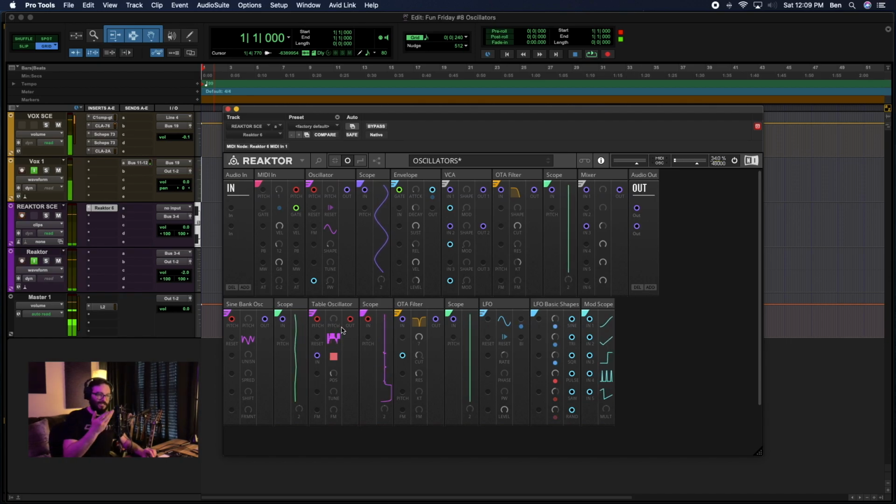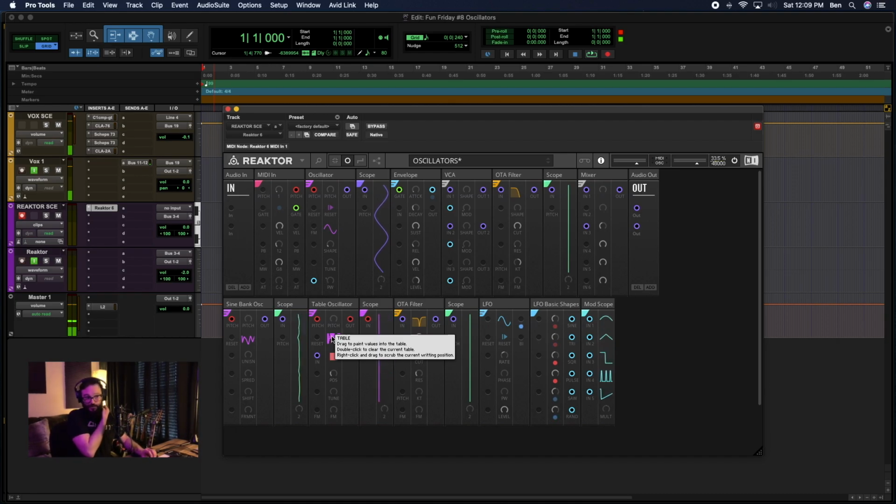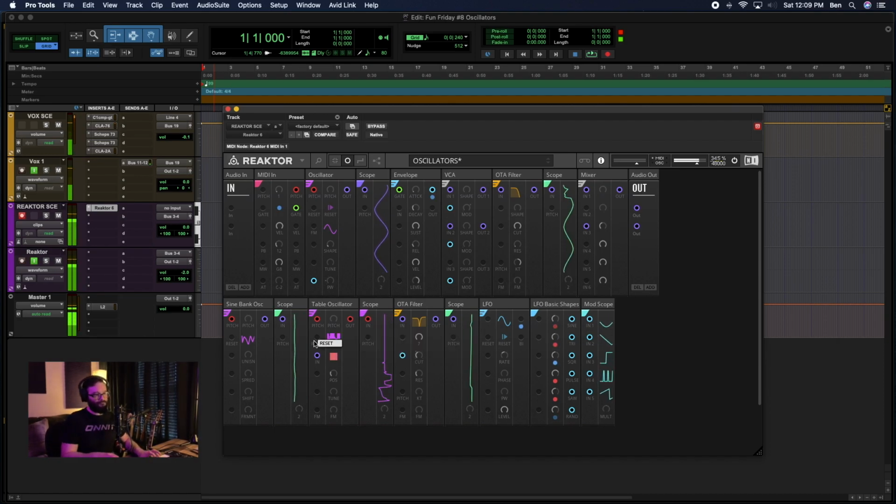And so that's how you can experiment with this as well, is you can actually just draw into that little area right here, into the actual table, and you can just start building some crazy waveform. Then if we turn the recording off,